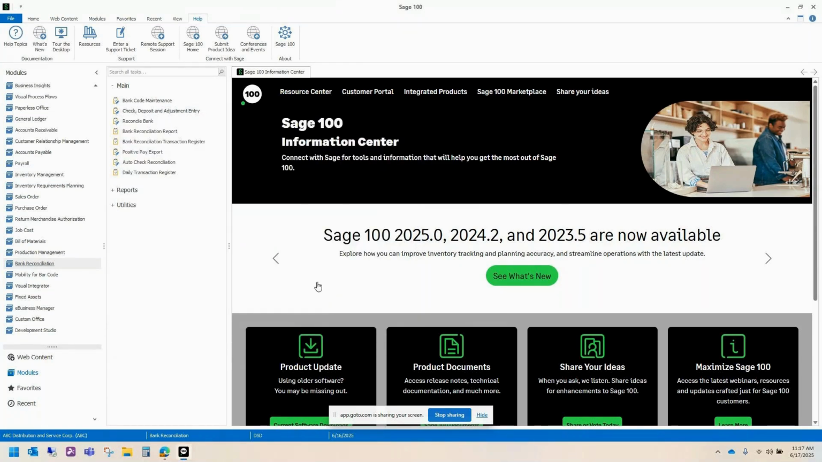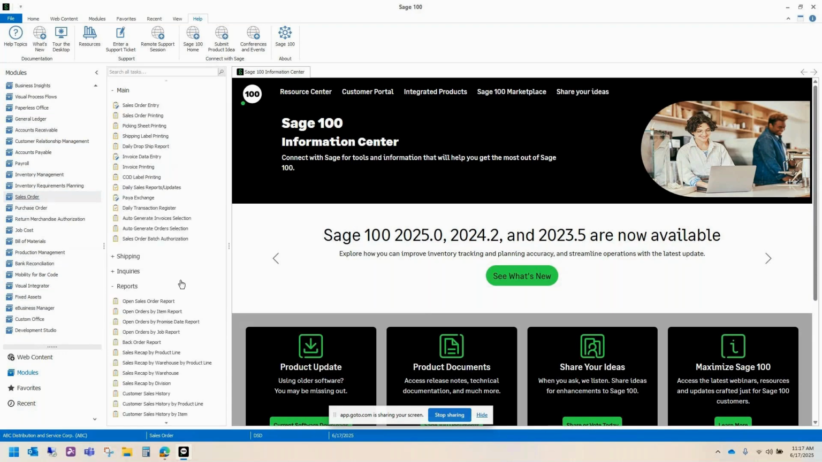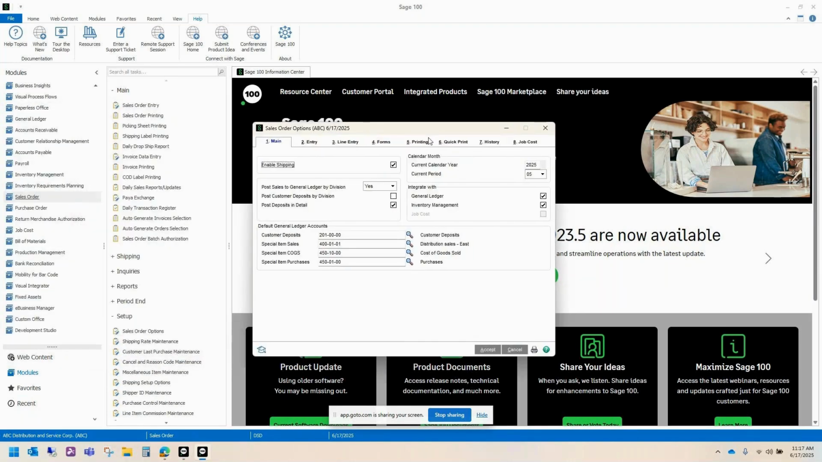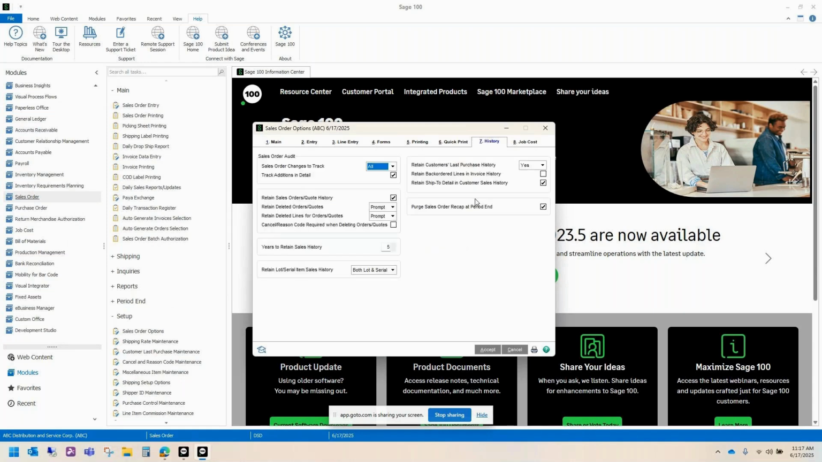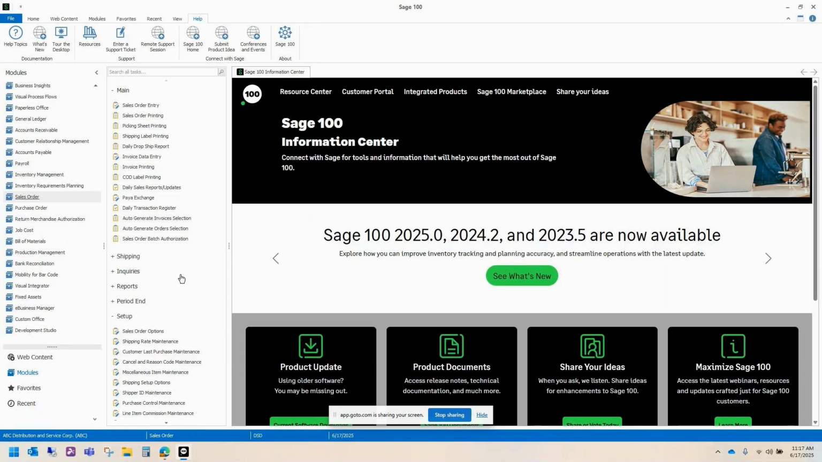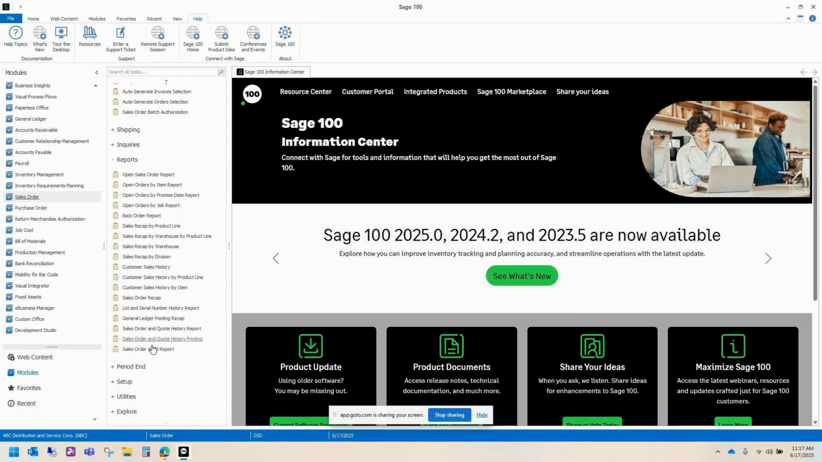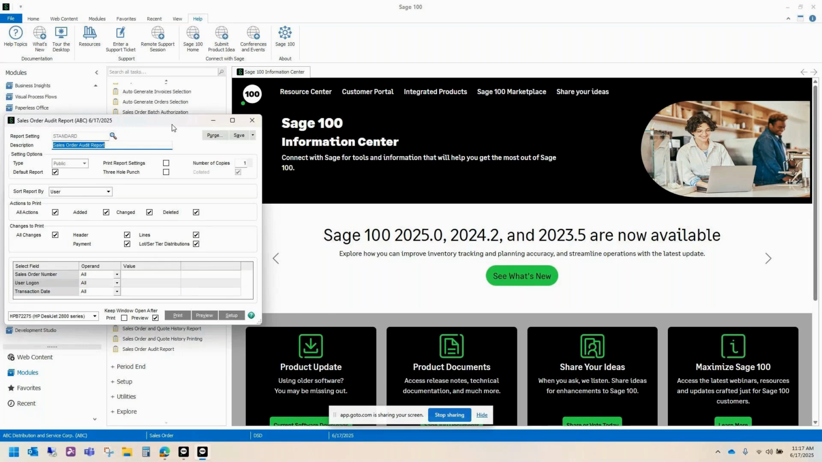All right. Both in sales order and purchase order, Sage has added the ability to have audit tracking for sales orders and purchase orders. Again, this is a feature that I have had customers ask about for years. The ability to see what changes are made to my sales order, when they were made, also to my purchase orders. You will also see, as I turn that feature on, there is an audit report. And when I run this audit report,